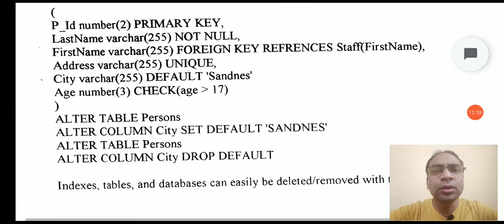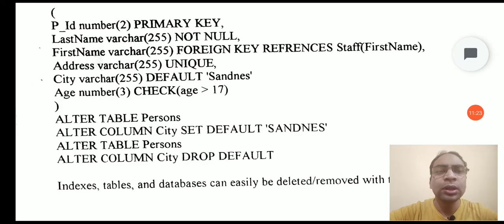In the same way, we can also perform alterations like adding a column, removing a column, or changing the data type of the column, size of the column, and we can add the primary key and foreign key later just by using this alter table command, alter table clause. So in the next lecture, we'll study our further topics in the SQL tutorials. Thank you so much.